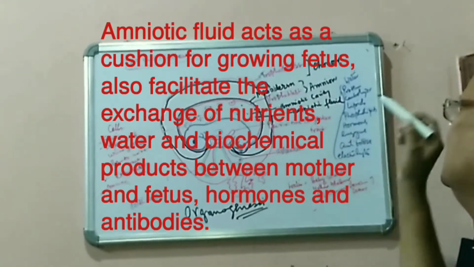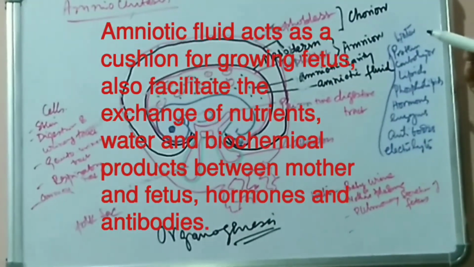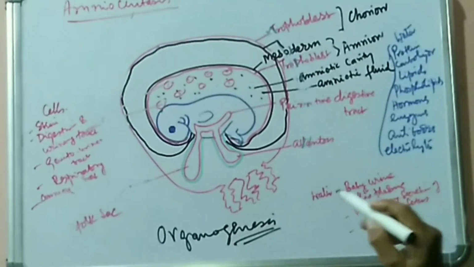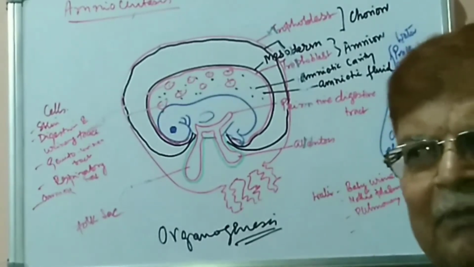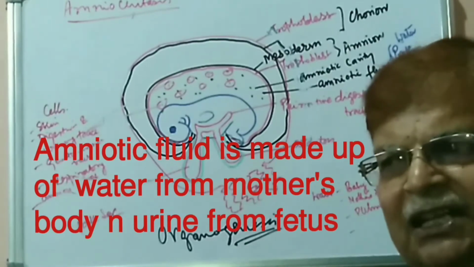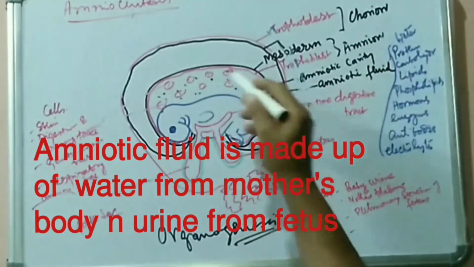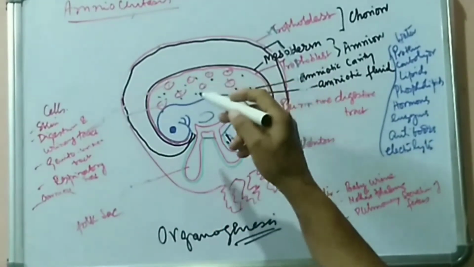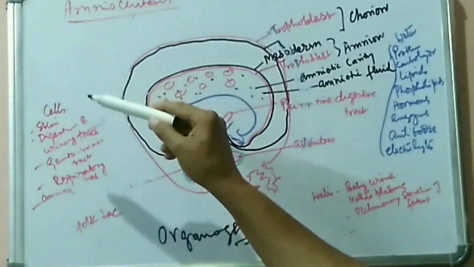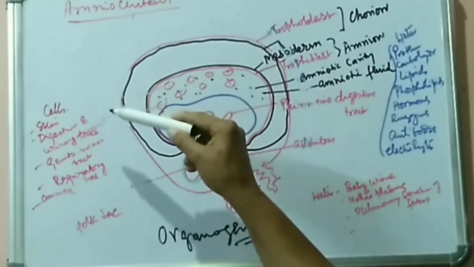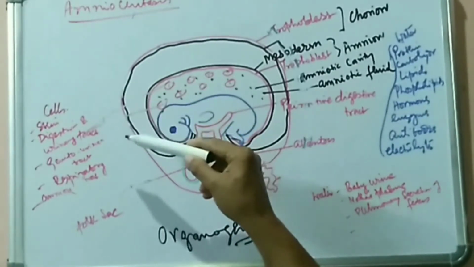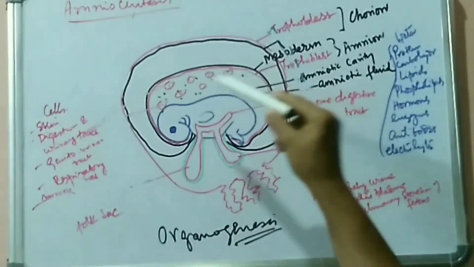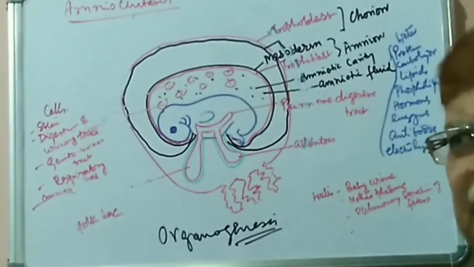Now we should also see what is there in the amniotic fluid. The maximum portion is water, and this water comes from the baby's urine. That is a major contributor. And then it also comes from the mother's plasma. By ultrafiltration from the mother's plasma, the filtrates come and reach into the amniotic fluid. Then pulmonary secretion of the fetus also contributes a little bit. And this amniotic fluid has got certain cells which are derived from the skin, digestive and urinary tract, genitourinary tract, respiratory tract, and also from amnion. So this sac is already there in the second trimester.